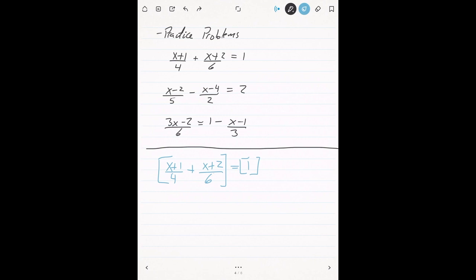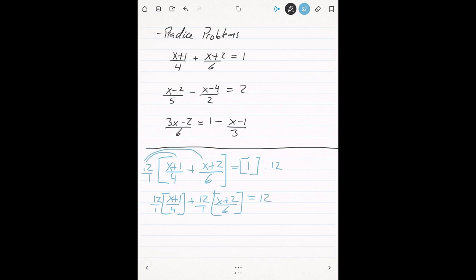So which one do we want to work with? Well, I guess we could work with 12, since that's a fairly small number. So I'm going to multiply both sides by 12, and let's see what we get. I'm going to show all of this distribution, because I need to multiply 12 to this first fraction, and then to the second fraction. So 12 times the x plus 1 over 4, plus 12 times x plus 2 over 6